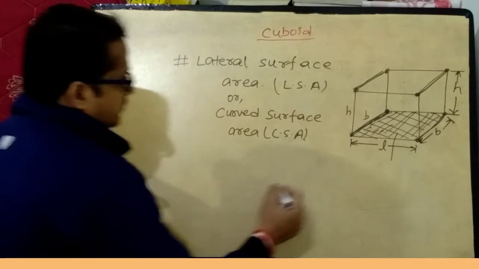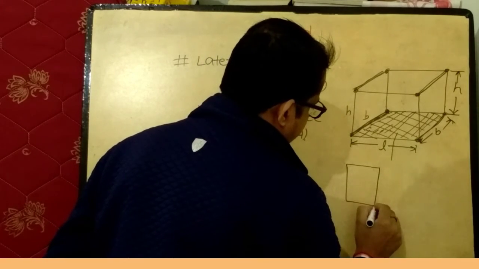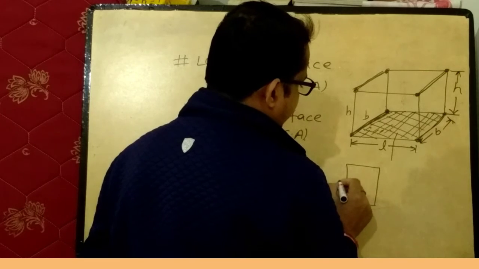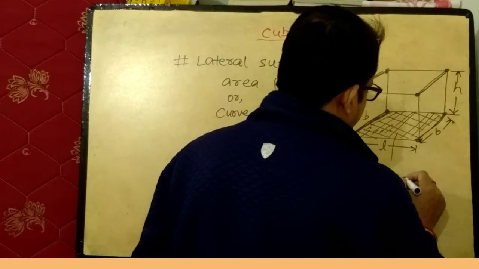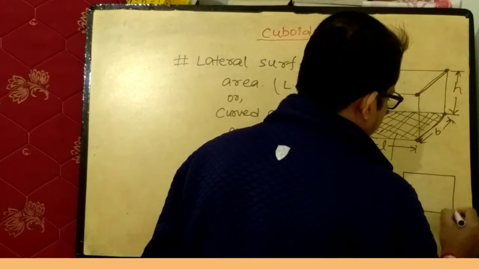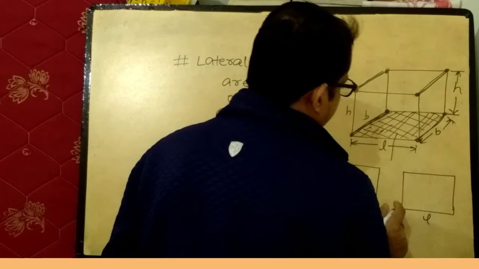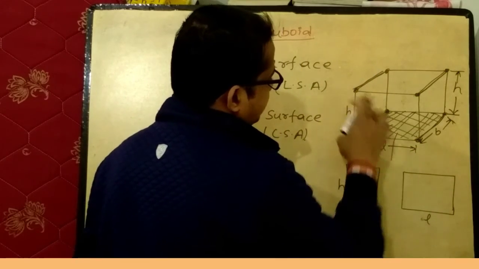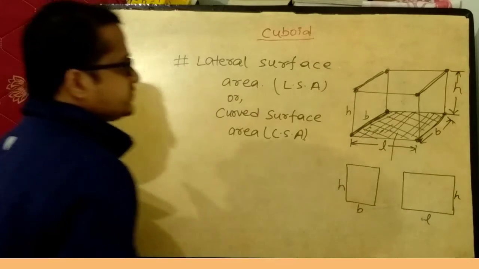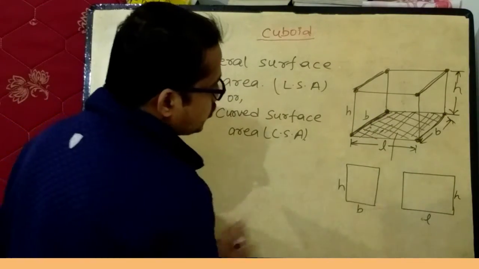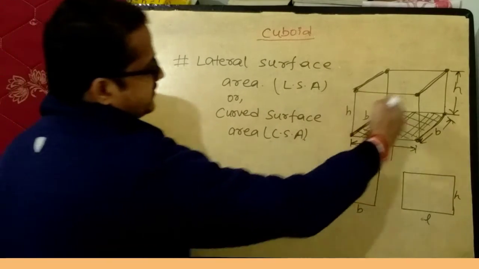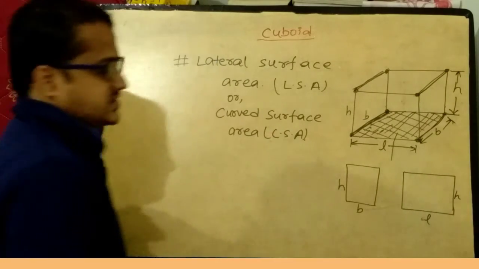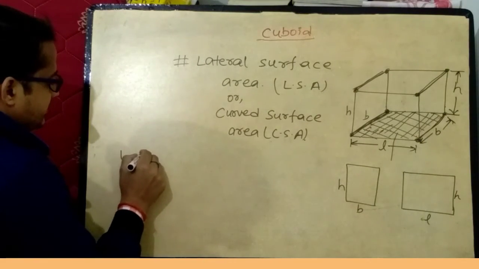So if we redraw this left side, then its length is B and breadth is H. This front side has length L and breadth H. Now there are two faces, this is left and this is right, and front and back there are total two surfaces. Then lateral surface area, LSA of a